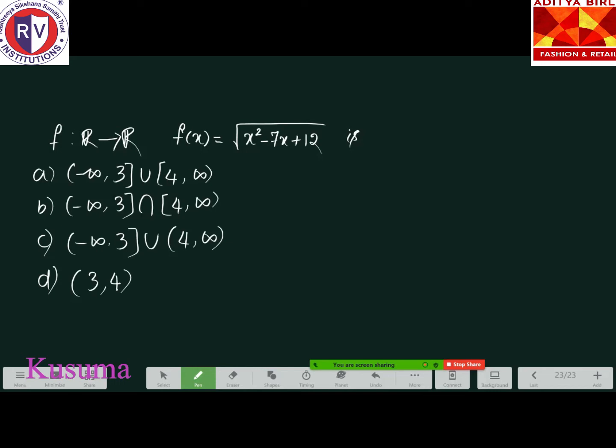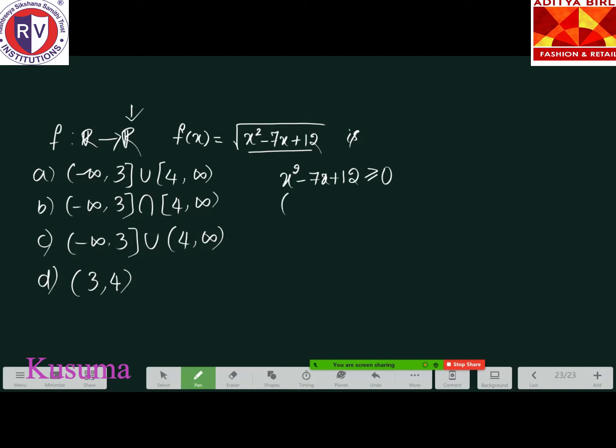And we have seen around 2 to 3 problems of the same kind, right? An expression under the root. So to find out the domain, the expression under the root must always be non-negative, because if it becomes negative, the output will be an imaginary number, which will not be a number in the codomain. So to find the domain, let us consider this expression, which must be greater than or equal to 0. Since this is a quadratic equation, let us find out the roots.